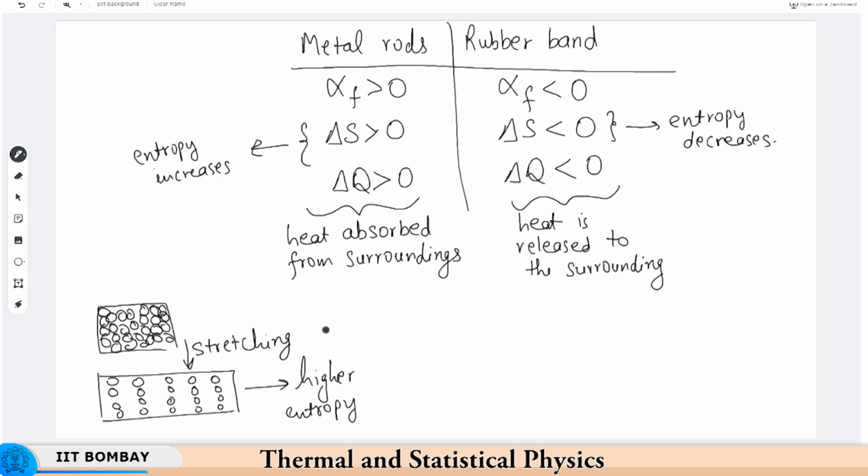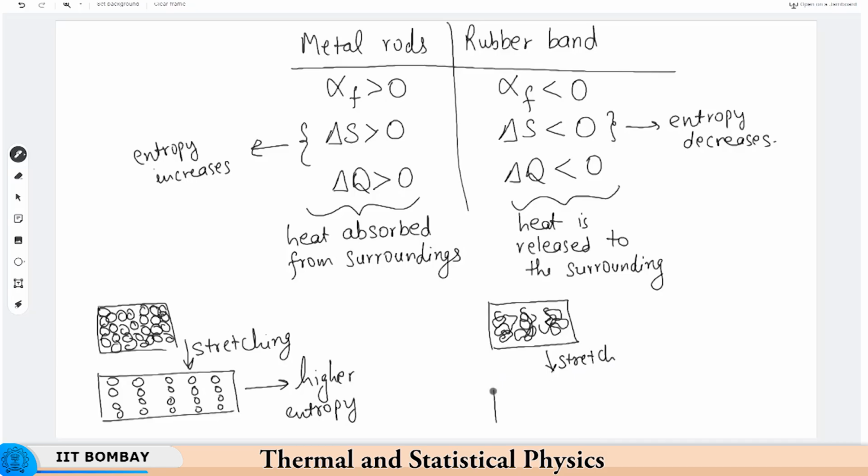Now, let us go to polymers. So, a rubber band is a polymer. Let me define what is a polymer. A polymer is a huge molecule which is a chain-like molecule. So many atoms are connected with each other through strong covalent bonds or something to form a chain-like object. Polymers are these chain-like objects, and this is what a rubber band looks like microscopically. So, rather than having atoms as the individual building blocks, we have these thread-like molecules which we define as polymers. And now, if I stretch it,